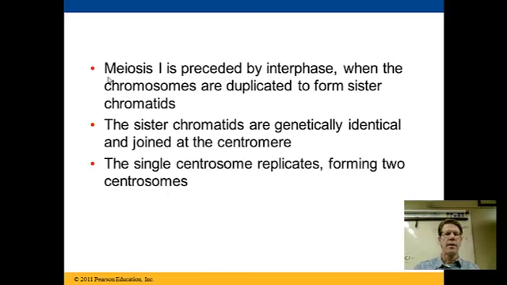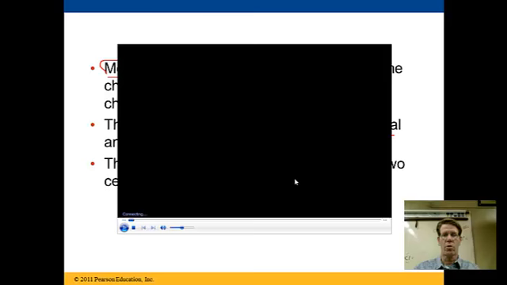Again, just like mitosis, before we start meiosis number 1, we need to go through interphase and we need to do the process of DNA replication. Each sister chromatid at the end of meiosis 1 is going to be genetically identical and joined at the centromere. The single centrosome replicates, forming 2 centrosomes, and that brings us to